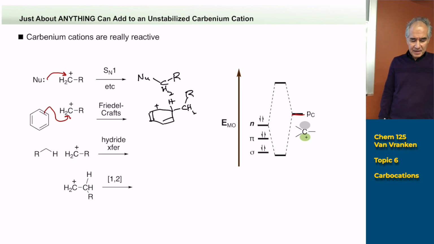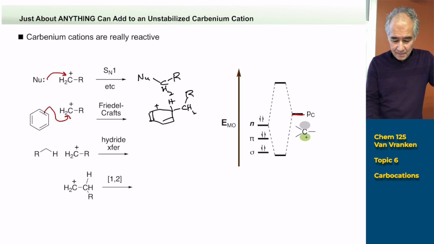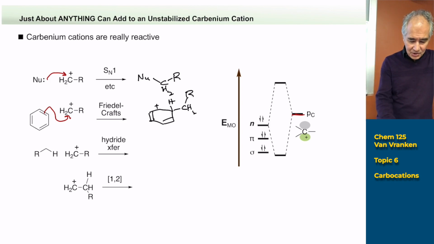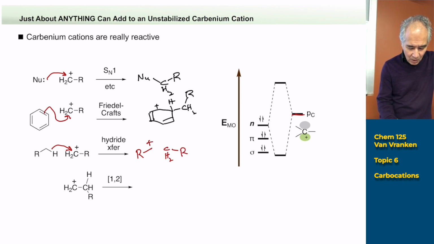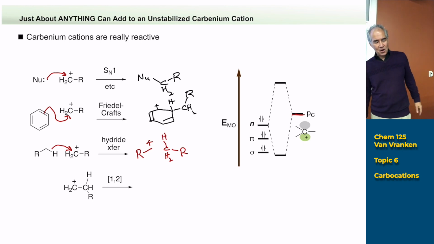Now, this may not be so familiar to you. If I took a primary carbocation, that's just insanely reactive. We just don't talk about that very much. If you did, you'd start to see hydride transfers occurring. You'd start to see processes like this. This turns out to give you another primary carbocation with the same stability, but you still have to worry about what's uphill and what's downhill. This would be an equilibrium ratio of 1,